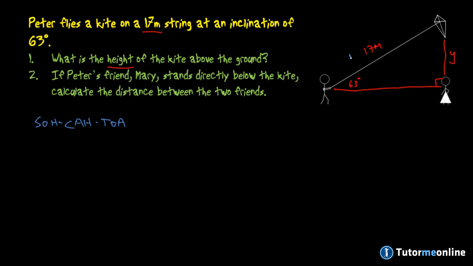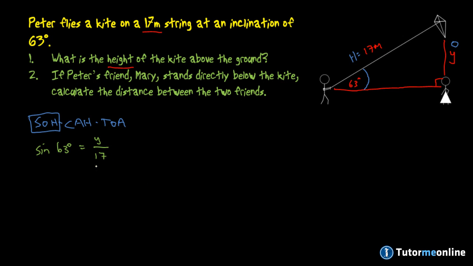So we know that we have the hypotenuse, which is 17, and we know that we need to get the opposite side, which is y, the height. So that means that we are looking at our sine function. So if we say the sine of 63 degrees is equal to the opposite side, which is y, over the hypotenuse, which is 17,